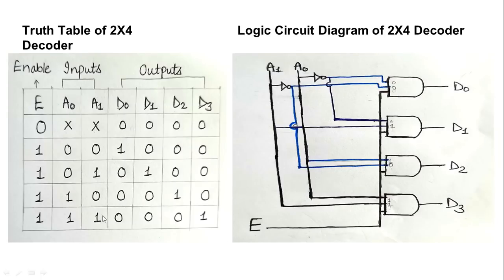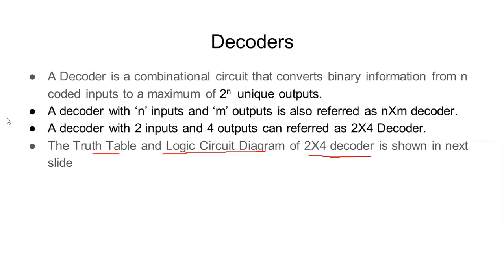So, this is what I have drawn for you guys. Before understanding the logic circuit diagram of a decoder, it is very important to understand the truth table, like how the decoder will actually function. So before discussing the truth table, I would like to go to the previous slide again,